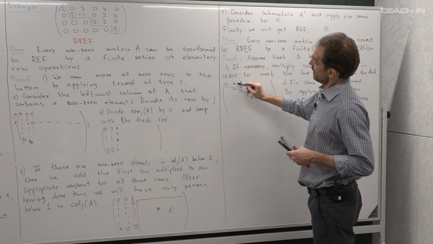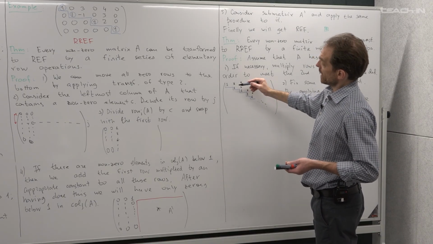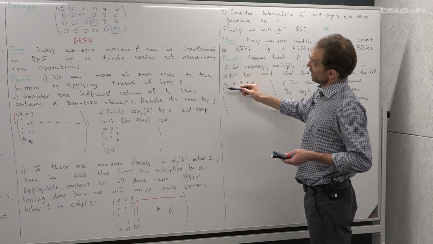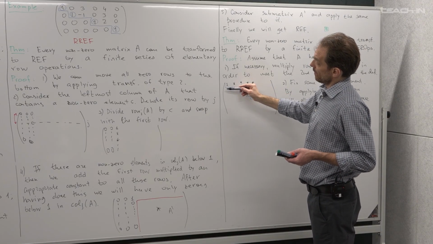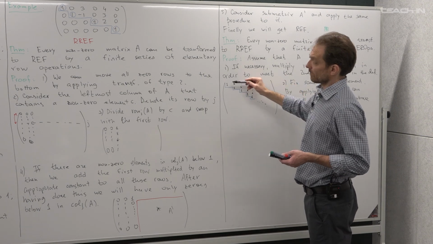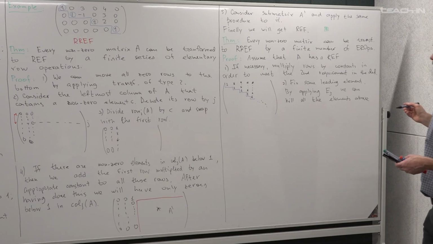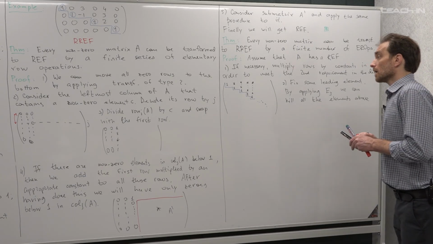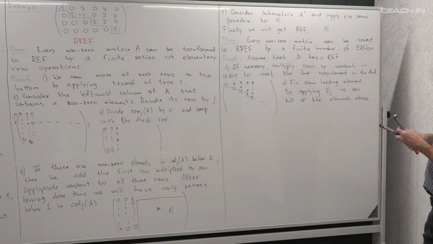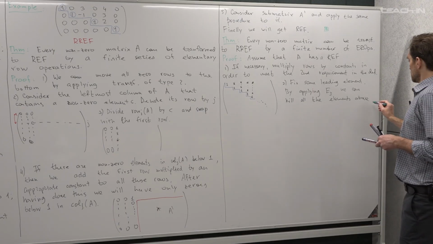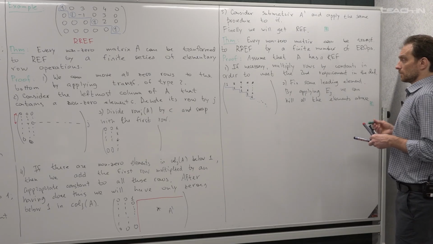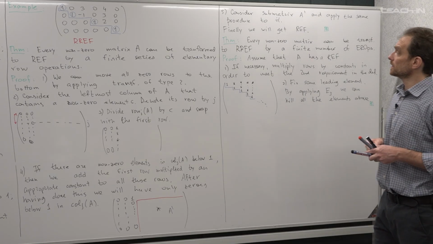So for example, if this star is 3, then we need to subtract the second row multiplied by 3 from the first one, and we will get 0 there. And so this leads to reduced row echelon form. So I think I will not go into more details. It is more or less clear that such a procedure leads to